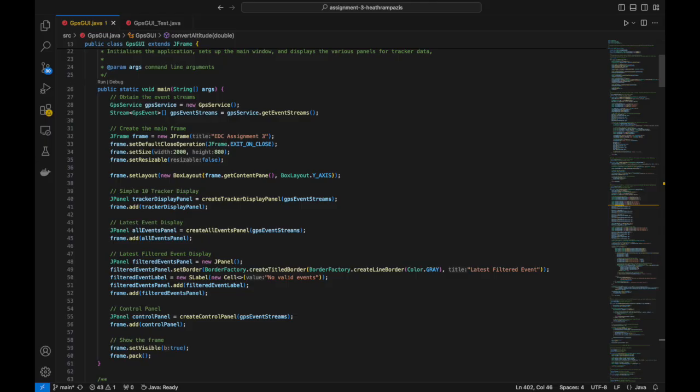Now if we look into the code here, I've written everything in the GPS GUI.java file. I've structured this file so that there are 5 main functions for each component I mentioned before, which all come together in the main function which sets up the GUI application. Separating this functionality into separate functions made it more modular and ensured that the code was easier to test and